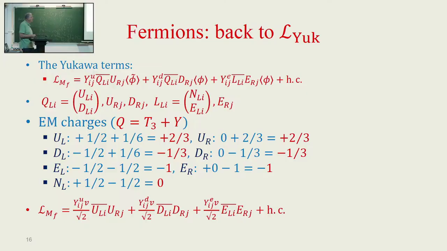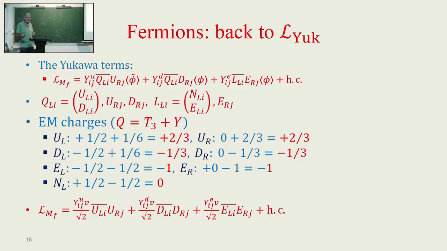and their electromagnetic charge is T3 equals plus half, Y equals a sixth, so their charge is plus 2/3. We have the U rights. They are singlets of SU2, so T3 is 0, and they carry hypercharge plus 2/3, so they also have Q equals 2/3. So we have these three and these three, which transform in the same way, a triplet of SU3 color